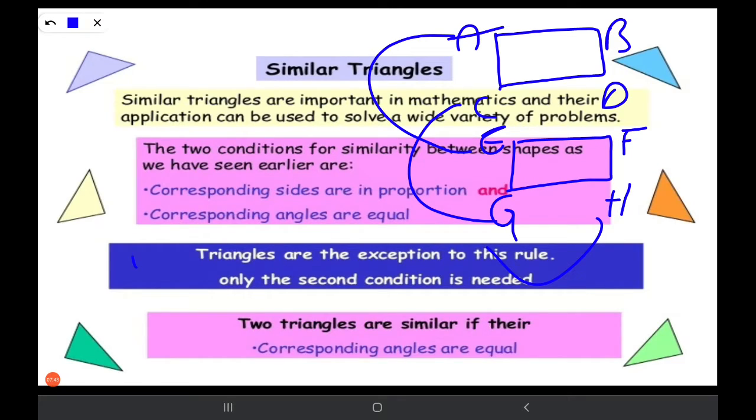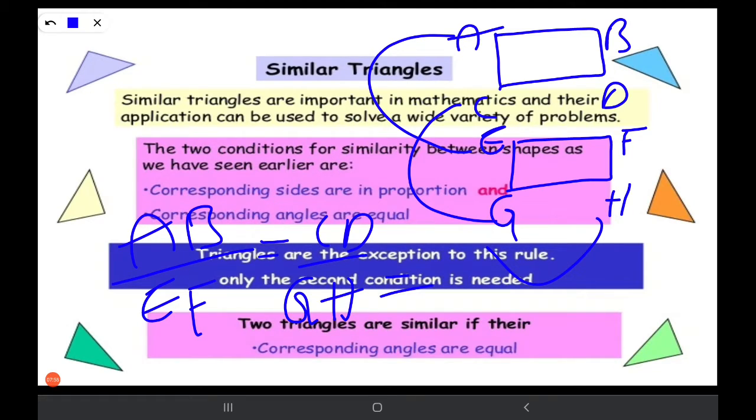Okay, so if you take ratio between AB by EF, that is equals to CD by GH, that is equals to